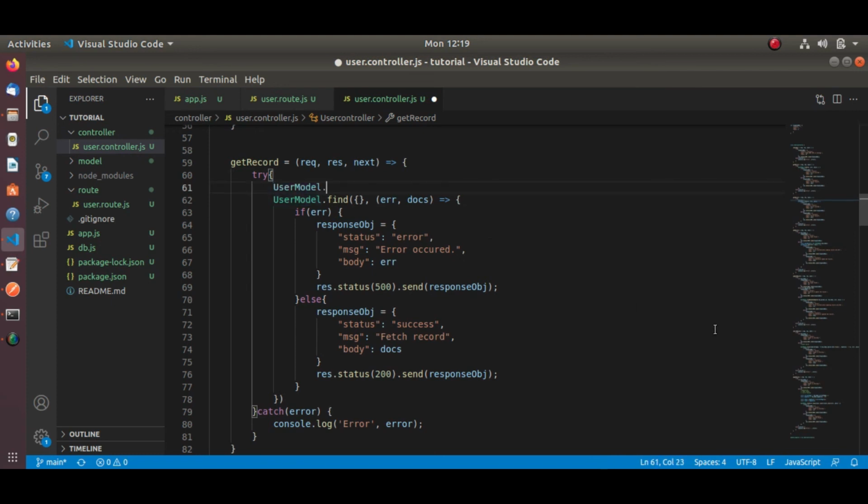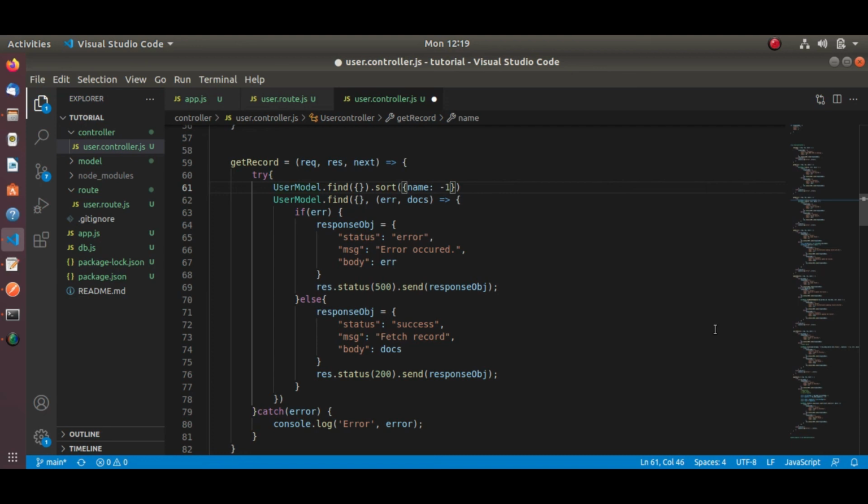Here, let's first sort the records in descending order as per the name. So let me write the query for it. User model dot find, I will fetch all records. That's why I am not putting any condition.